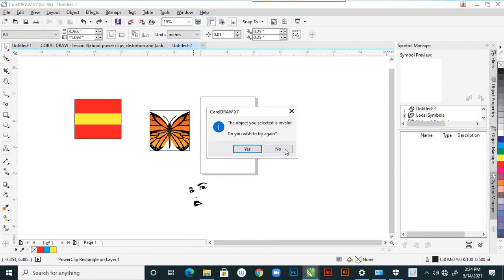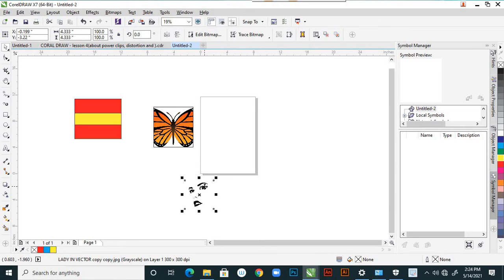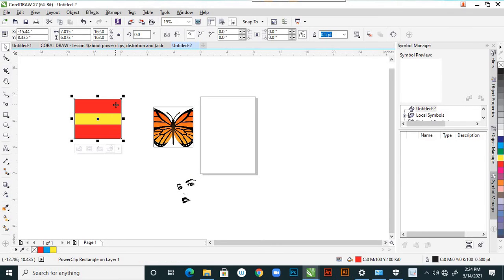Do you wish to try again? No. The problem is this is already an image and this is already an image. Between two images you cannot apply a PowerClip. One must be a drawn shape and one must be a photograph, or otherwise within two shapes you can apply a PowerClip. One shape and one photograph you can apply.